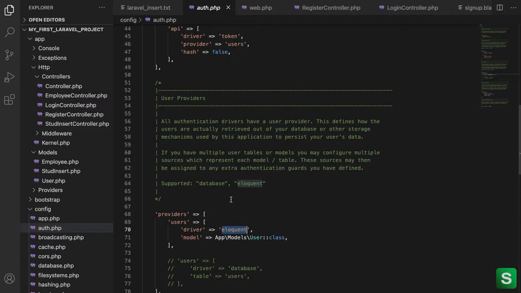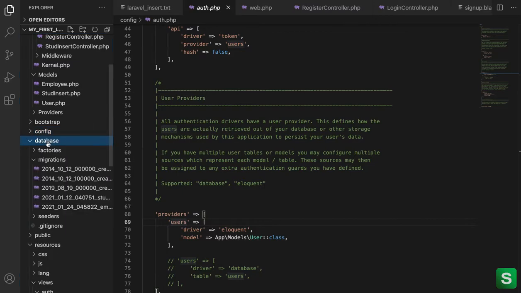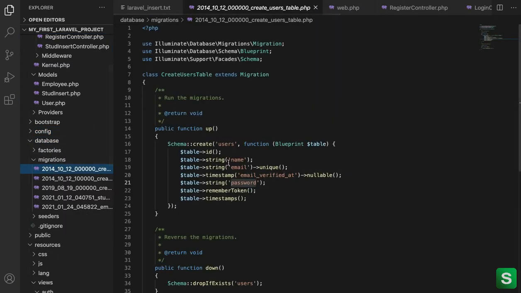If you use another table, just specify here which table you want to use. Actually when you install Laravel and run the migrations, you can see one of the migrations is automatically created.